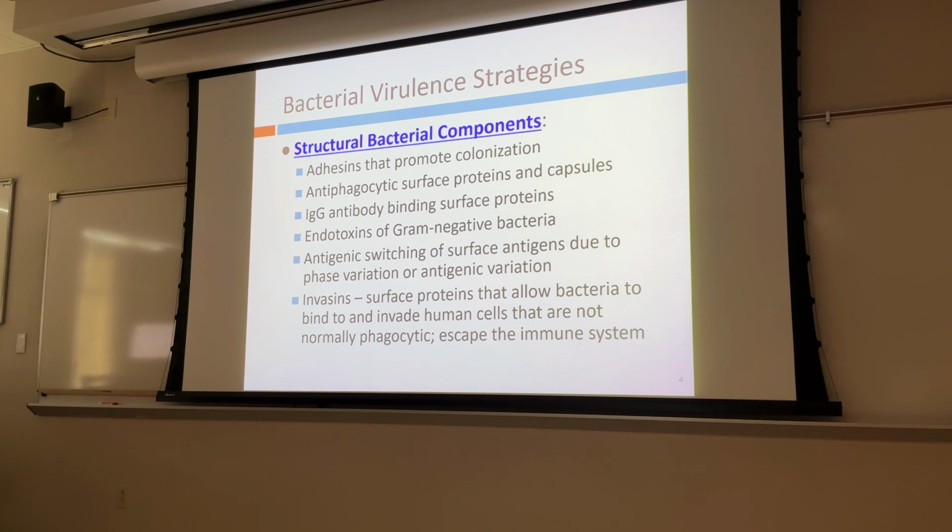Now, antiphagocytic surface proteins and capsules, we'll talk a little bit about that. IgG antibody binding surface proteins, we'll come back to and talk about in a little bit. But essentially, there are some microorganisms like Staphylococcus aureus that can make a protein A. And what protein A does, if you have an antibody,